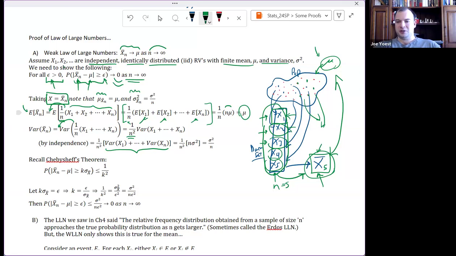But then the variance of x1, that's really just the variance of the population, which is just sigma squared. Same with variance of x2 is sigma squared, and all the way out to variance of xn is sigma squared. I just have n lots of sigma squared that I'm adding together. And that's all multiplied by a 1 over n squared in front. 1 over n squared times n sigma squared. One of the factors of n cancels, but I get sigma squared over n. One of the factors of n is left in the bottom.